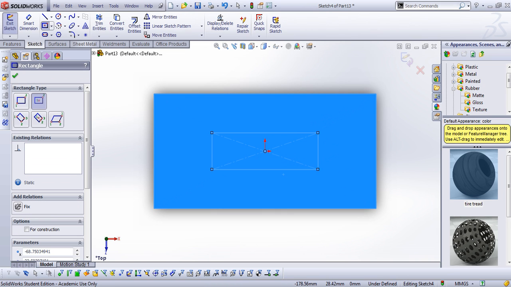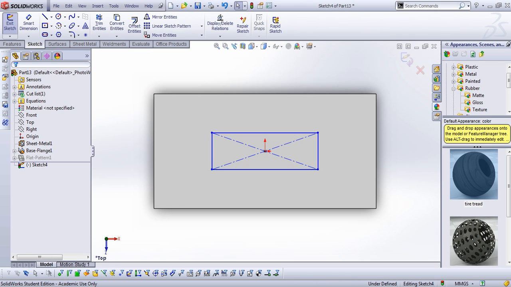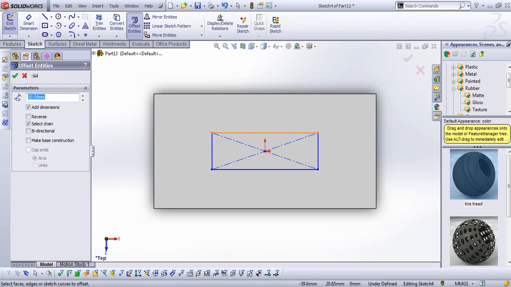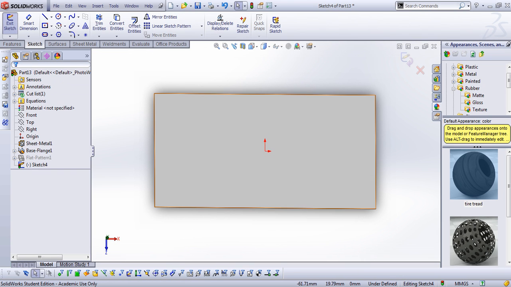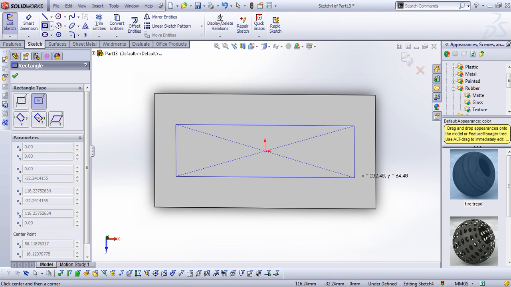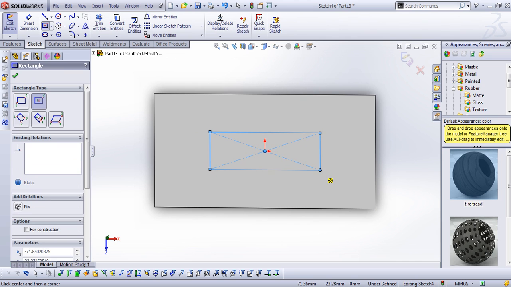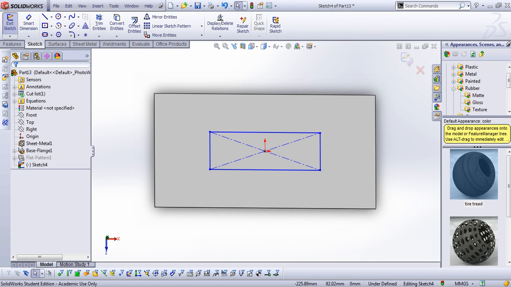And then I do an offset entity. Let's do one more. Right here, and